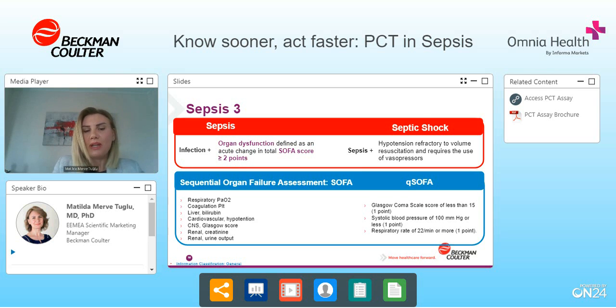Sometimes it's not easy to apply the SOFA score outside the intensive care unit, so the quick SOFA, or qSOFA, was introduced for a rapid bedside assessment. The criteria used in the qSOFA were an altered mental status, systolic blood pressure equal to or less than 100 millimeters of mercury, or a respiratory rate equal to or greater than 22 per minute. However, just to be aware, the qSOFA is not as suitable as a screening tool as it lacks sensitivity.